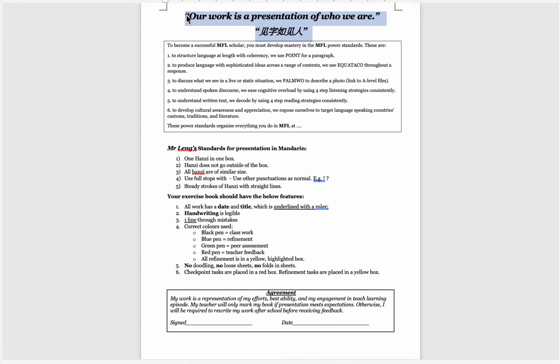Now, here you can have your own interpretations. For example, I don't want your presentation to be the best. I want your presentation to be the best version of yourself. I don't need your presentation to be like printed standards. I want your presentation to be as neat as possible. Or for some of the students, they are having a slower work pace. You can say, okay, the presentation should match up with their ability, with how much work you're producing, etc. So you need to have some interpretation that you can use to give the standards or the rules for the students so they can follow the rules rather than letting them define the rules or guess what your expectations are.